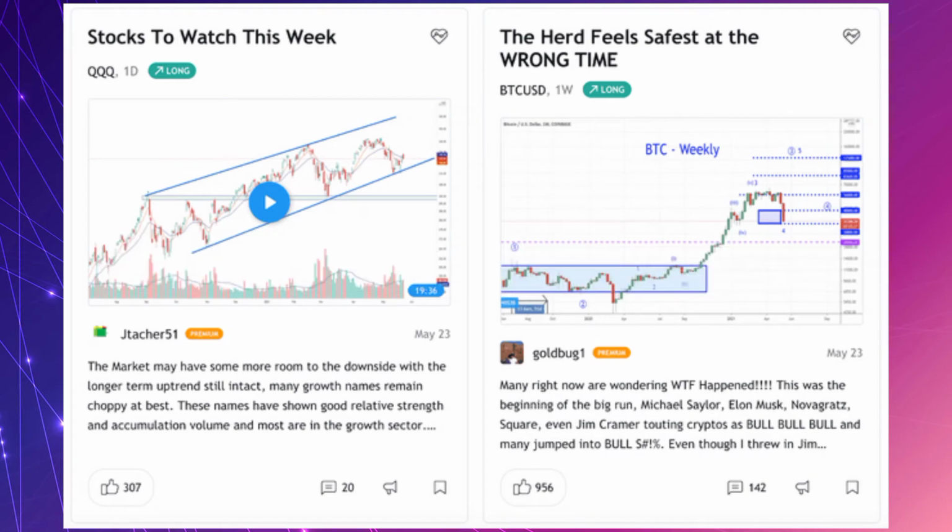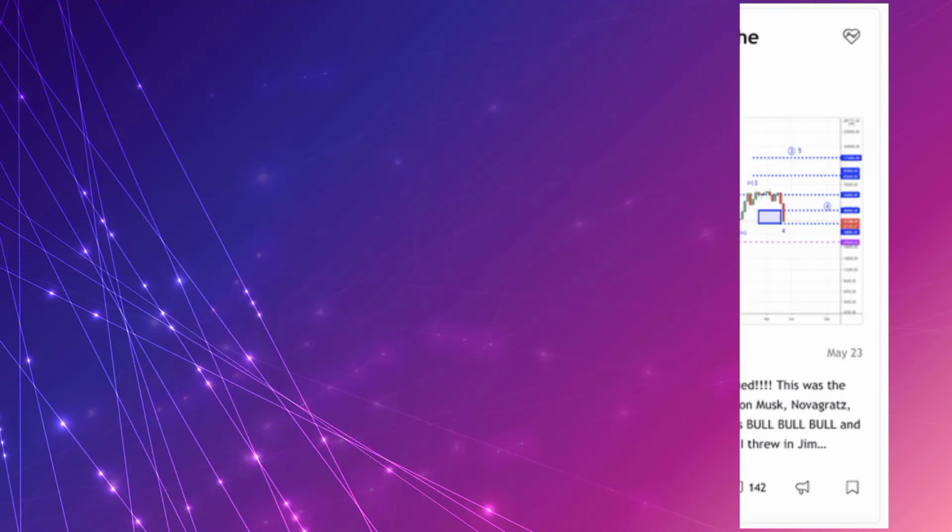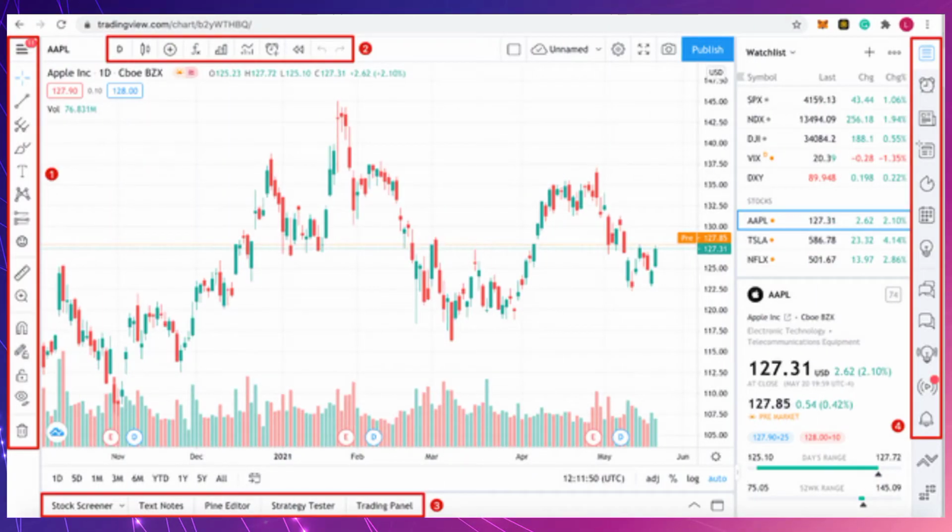Now listen carefully, I am going to tell you how to understand the TradingView UI. If you have never used charting tools before, TradingView can look a bit confusing. Look at toolbar 1. This toolbar contains all the charting and drawing tools usable directly in the chart area, from simple lines to long and short positions. There's a lot to explore. You can also right-click each tool to see an extended selection.